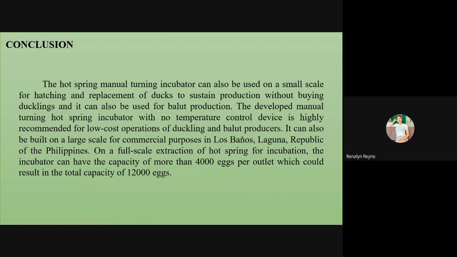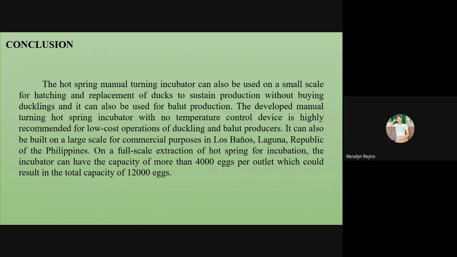Conclusion: the hot spring manual turning incubator can also be used on a small scale for hatching and replacement of ducks to sustain production without buying ducklings, and it can also be used for balut production. The developed manual turning hot spring incubator with no thermometer control device is highly recommended for low-cost operation of duckling and balut producers. It can also be built on a large scale for commercial purposes in Los Baños, Laguna, Republic